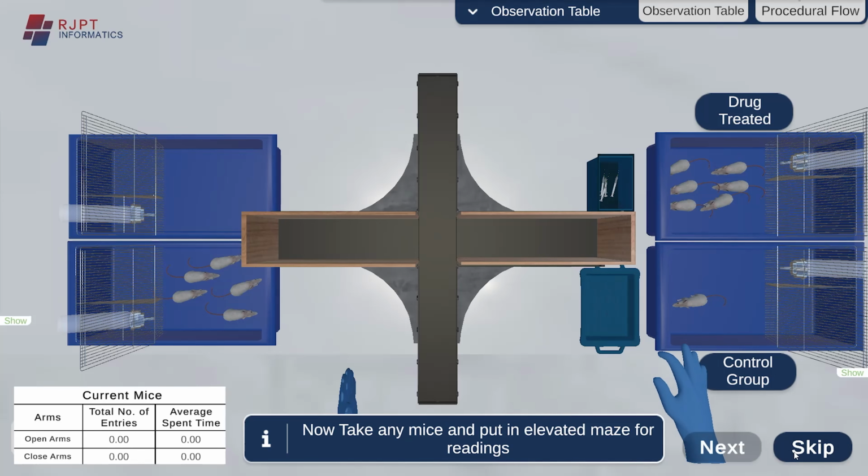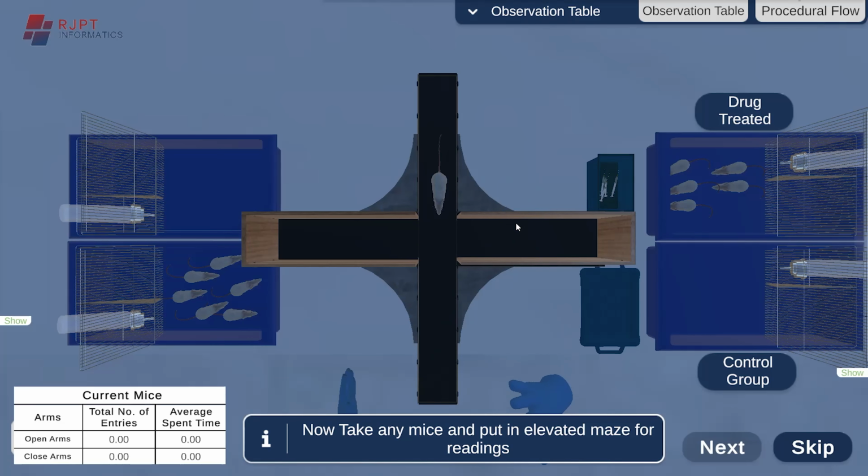As we can see, we are performing this for each mouse of the control group. We can skip this part. And now we will put in the drug treated group mice. So we will place the first mouse on the elevated plus maze, and we will observe the movement of the